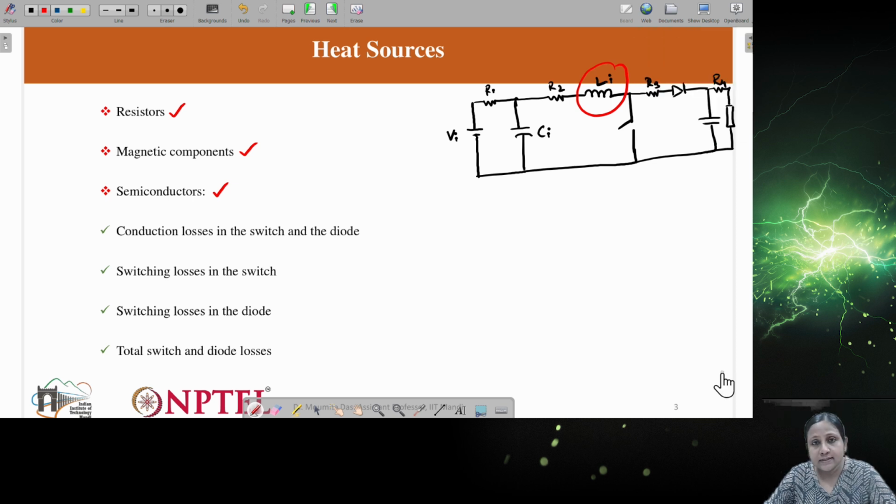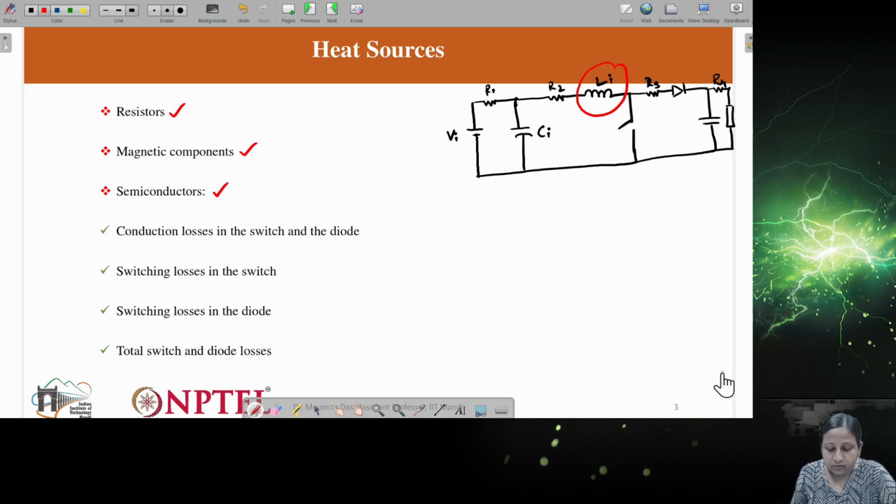Okay, these magnetics are having two different losses. This you know, that is known as core loss and the copper loss. These are inherent, so you cannot control, or you are not adding anything to remove this kind of losses. So this will be there associated with the magnetic component. So the core and the copper losses of the magnetics will also be present, and that will also cause increase in the heat in the converter.